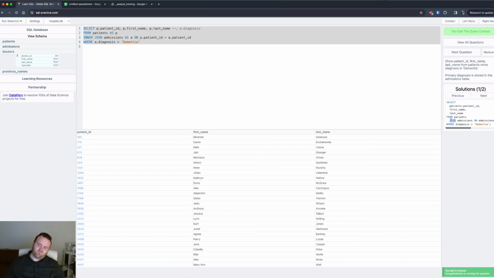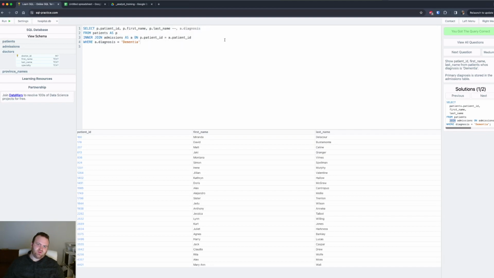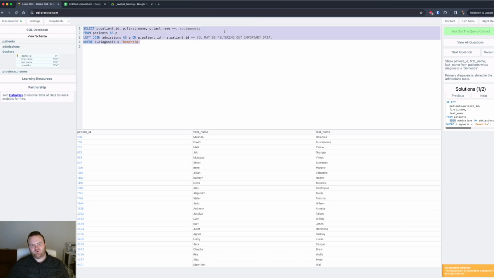I really don't like just using the word join, because you will forget exactly what you're doing. Warning, you may be filtering out important data. Now, if your criteria is that they have to be in both tables, then a join makes perfect sense. It's actually the most efficient way to do filtering, because you're basically filtering for only patients with this diagnosis on that other table. So if you're using a join to do a filter, then an inner join makes a ton of sense, because if you're doing a left join here, you're going to end up with a bunch of people who don't have